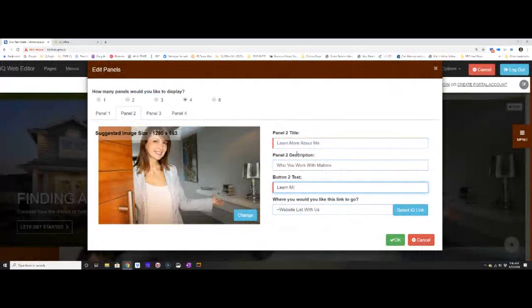And I'm going to have this link, I'm going to click on this Select IQ link right here, and change it. I'm going to scroll down and go to my profile. Now this is linked to my profile. But if I would like to change this photo so it's a photo of me,